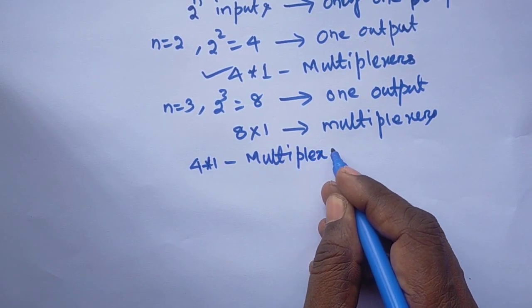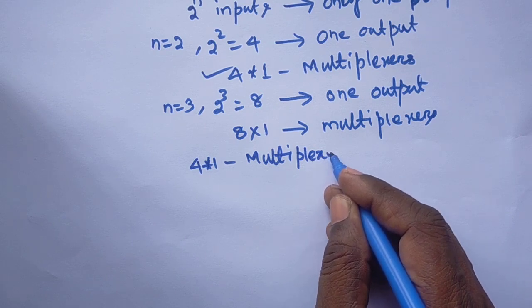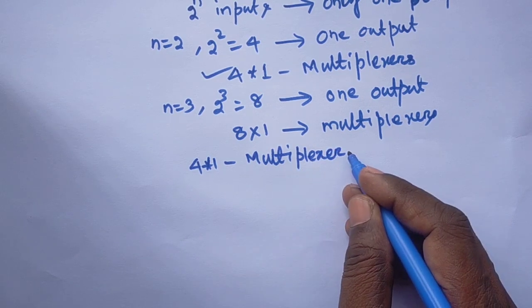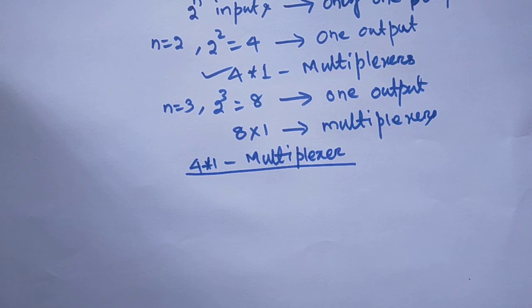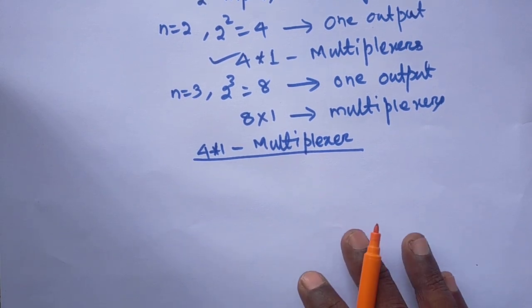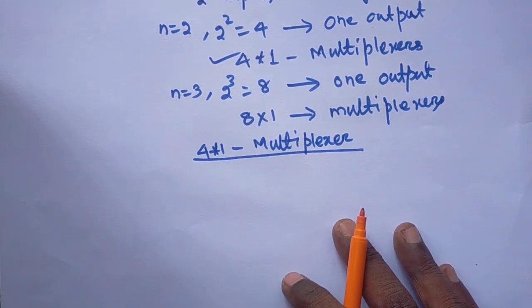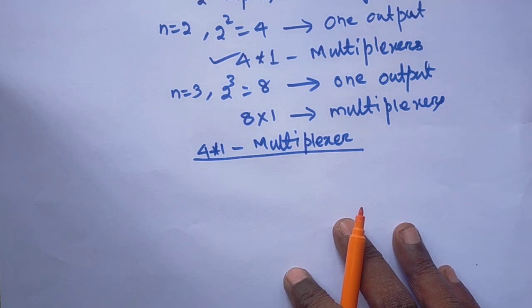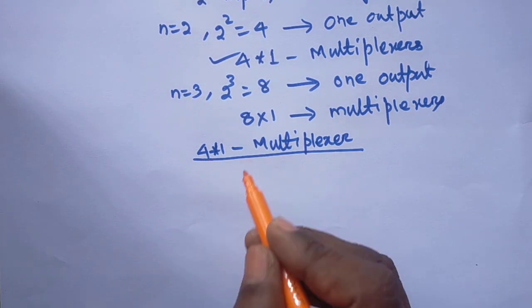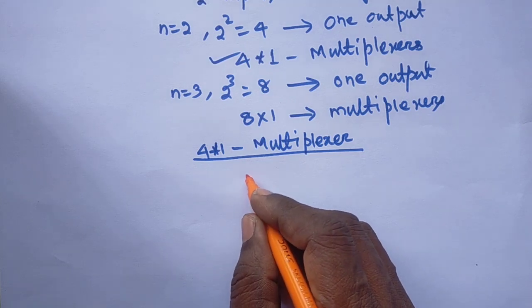Okay, now we design a 4 into 1 multiplexer. Then how to design? Very simple way. We will consider this multiplexer. Like I told, multiplexer is what? It is a combinational circuit. Inside there are some circuits, but it is a combinational circuit, meaning a collection of circuits to make a particular block diagram. So we will just create a block diagram through this 4 into 1 multiplexer. Very simple way we will consider